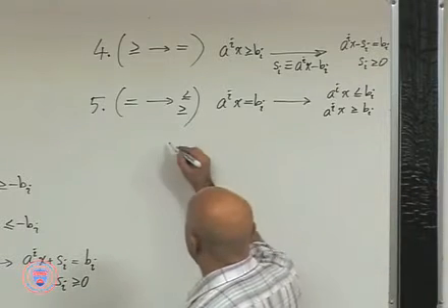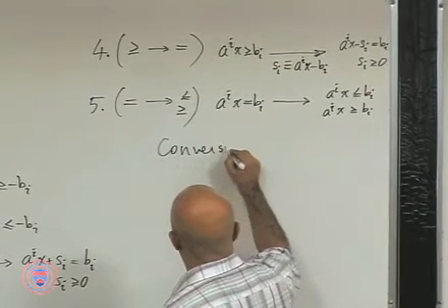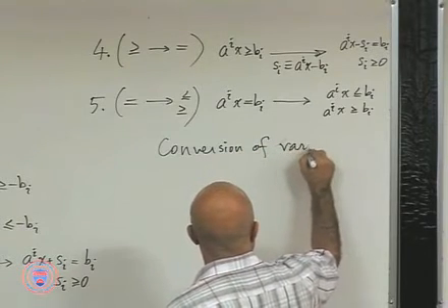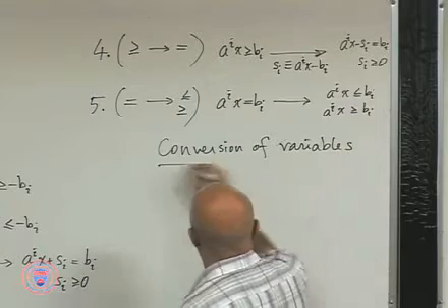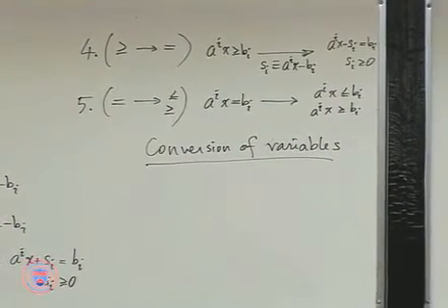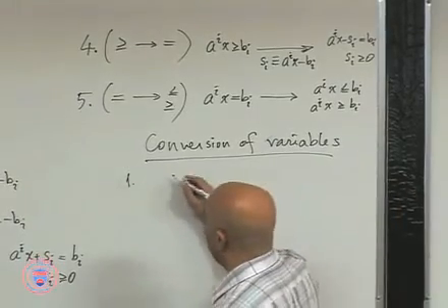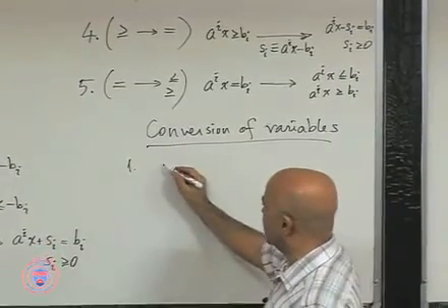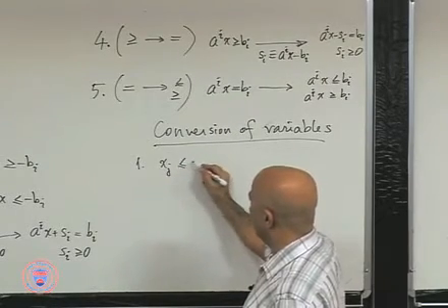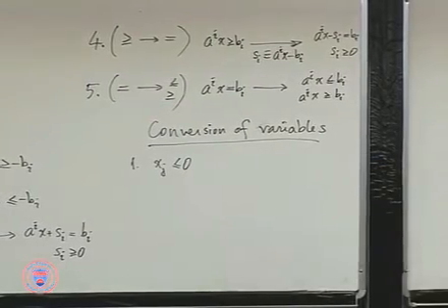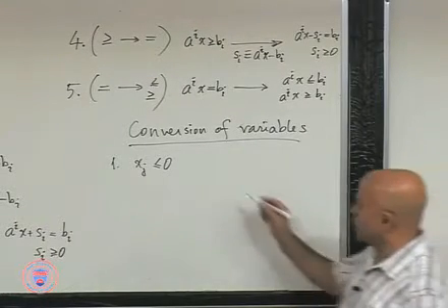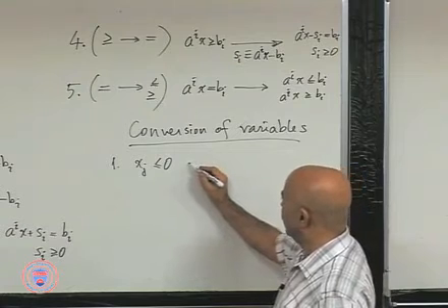Let's also talk about conversion of variables, conversion from one type of sign restriction to another type of sign restriction. In this case, of course, I'm just going to deal with common cases. If you have a variable, say xj, which is supposed to be non-positive rather than non-negative, and you typically want your variables to be non-negative in most cases, so to handle this, all you have to do is